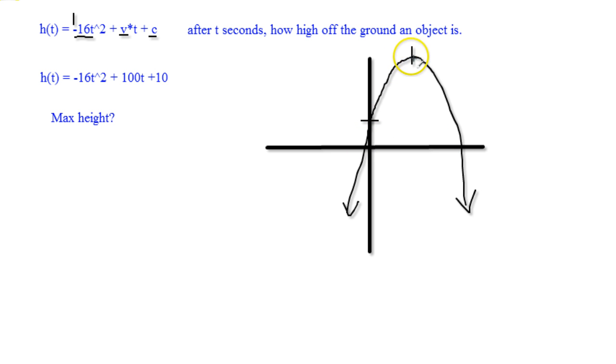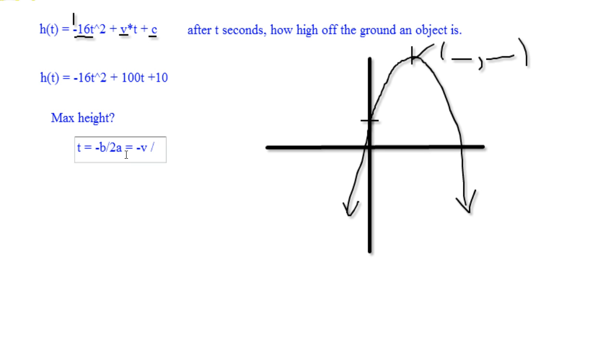I could graph it and just put it there, but let's say I don't have Desmos with me right away. Let's say I can't graph it. How do I find the max height? If I could find the vertex, find the x coordinate, and then use that to find the y coordinate, I would be so set. As you remember, the x coordinate is negative b divided by 2a, which in this case is going to be negative b divided by 2